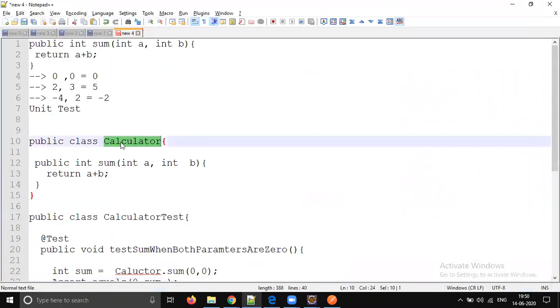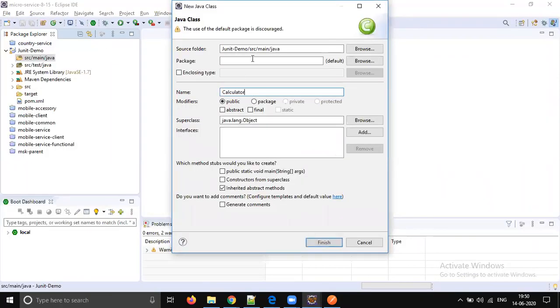So let's quickly set your package name, org.